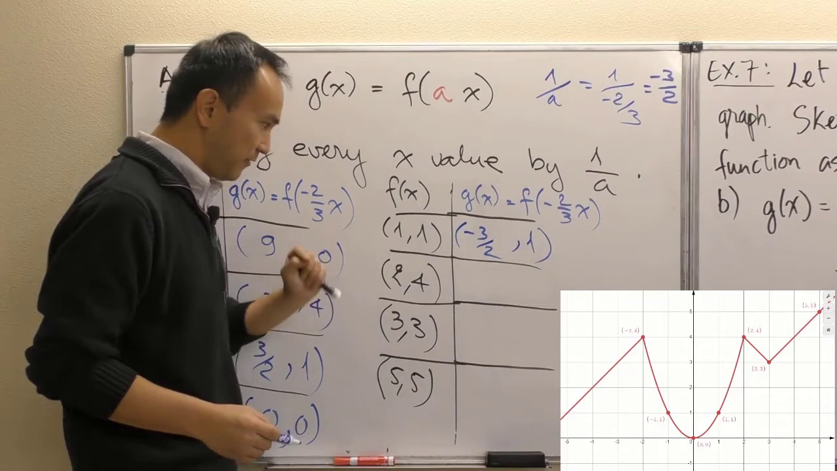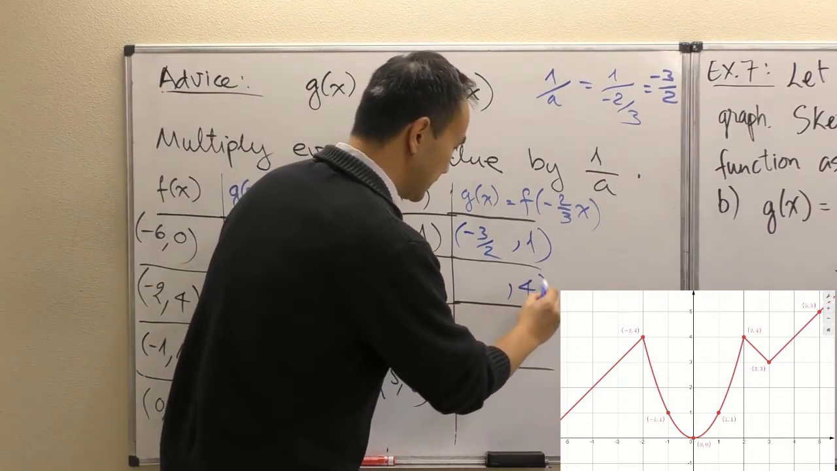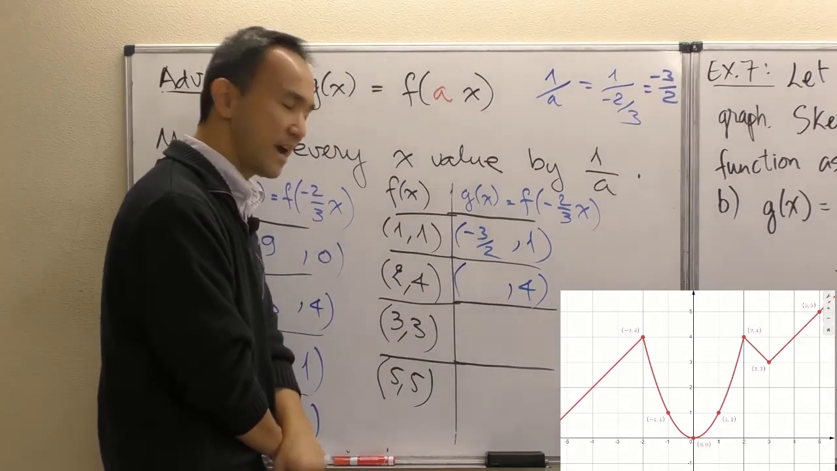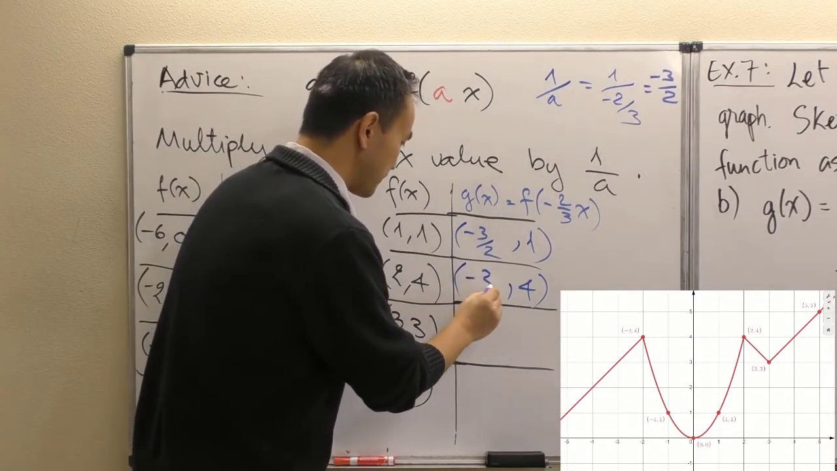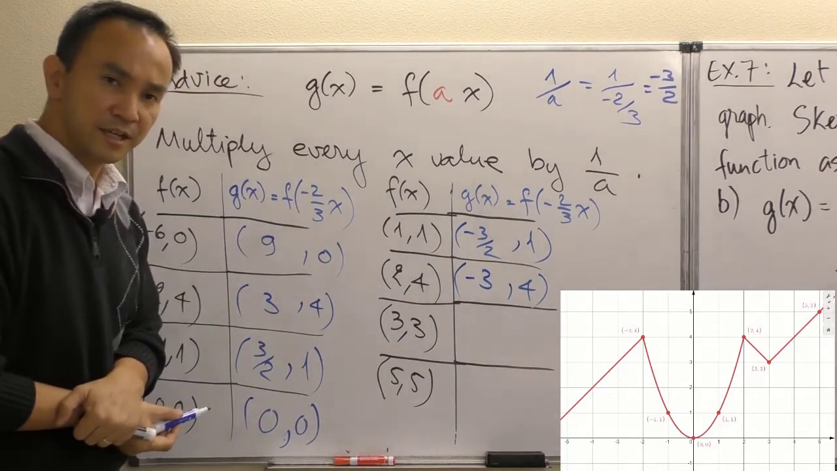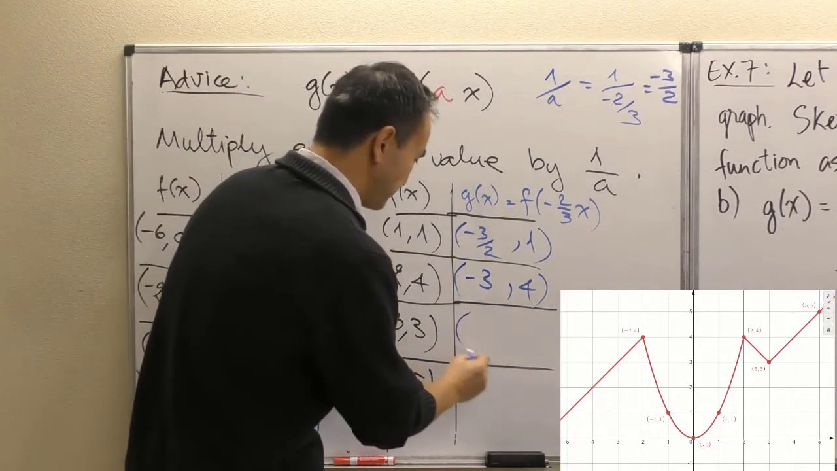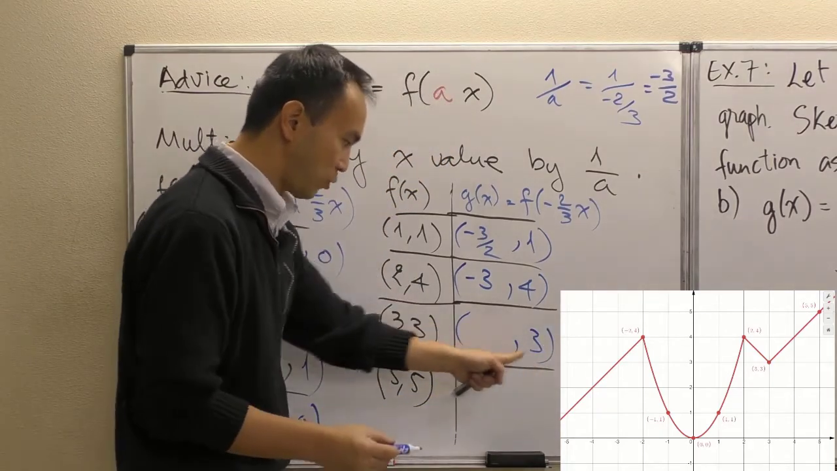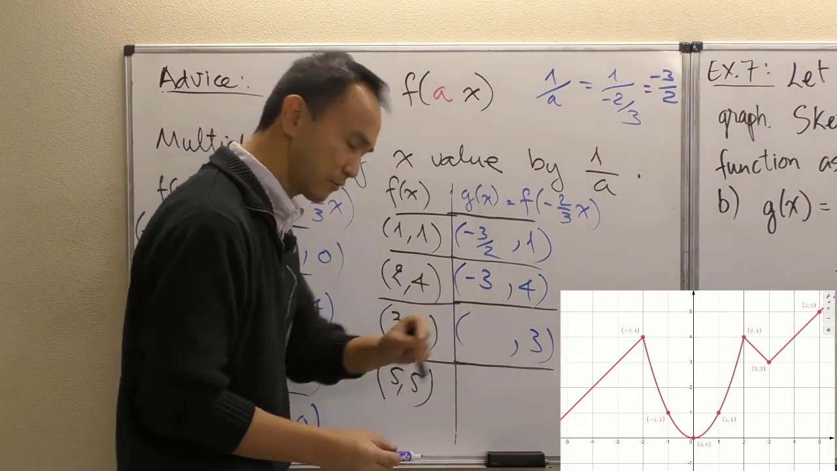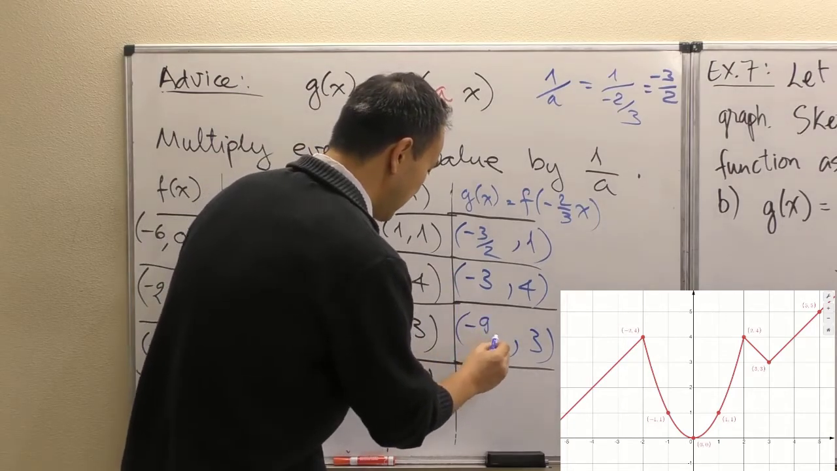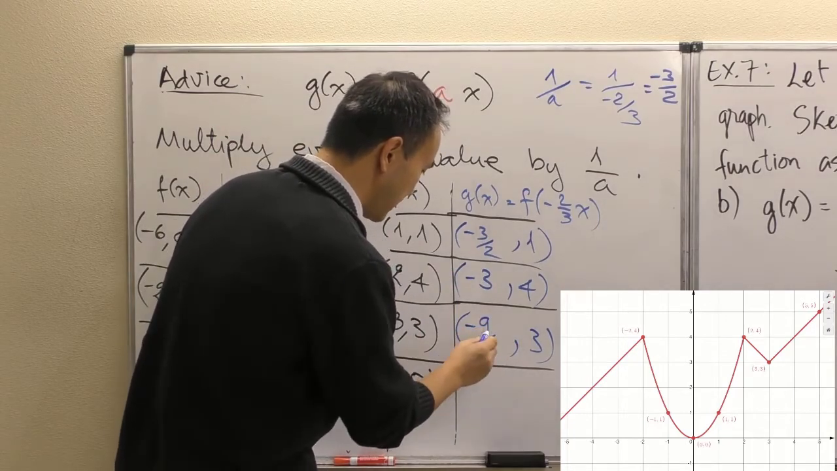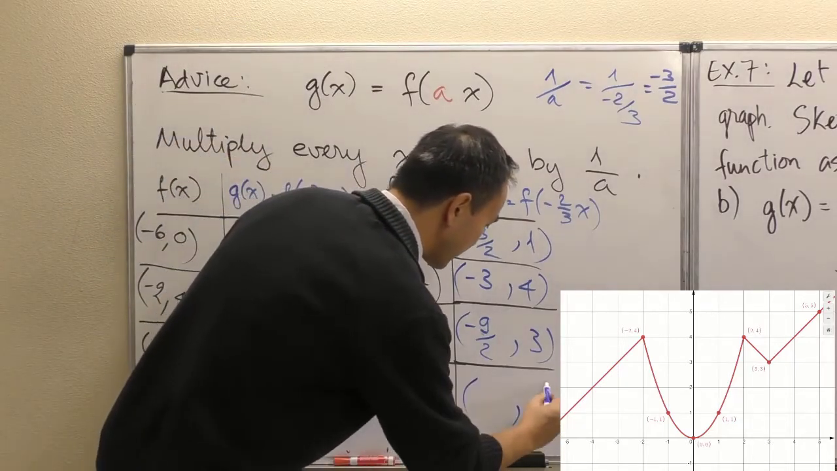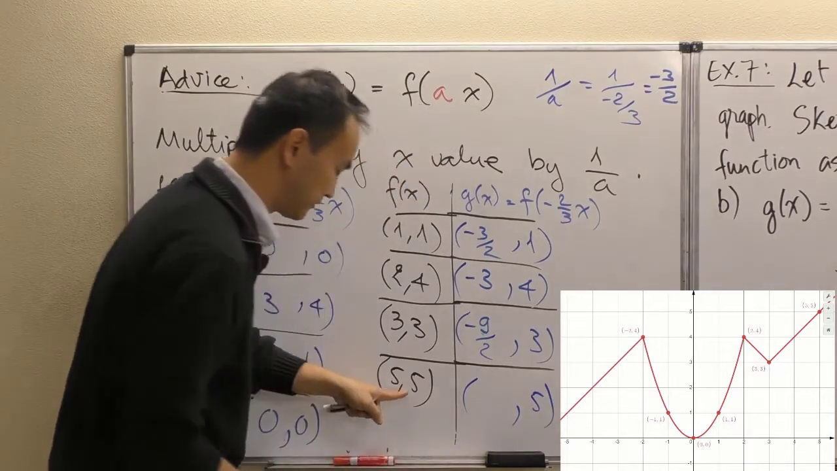Okay, now 2 comma 4, so 4 stays the same because it's the x value, but the 2 right here is going to get multiplied by negative 3/2. That gives me negative 3. Okay, negative 3, and then now 3 comma 3, that y value stays the same. 3 times negative 3/2 is going to be negative 9/2. Okay, 9/2. All right, and now 5 comma 5, so the y value 5